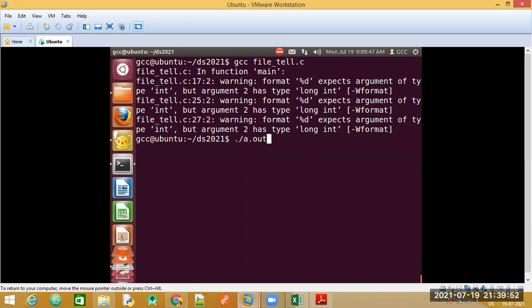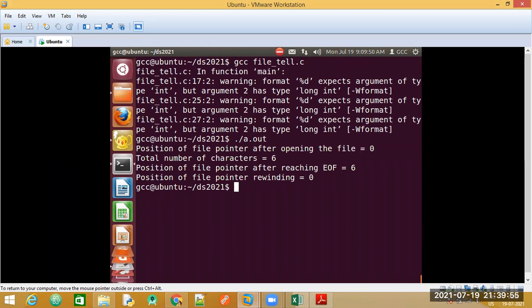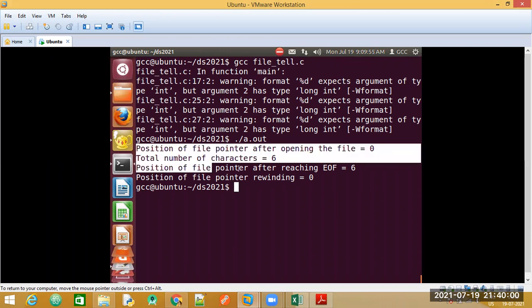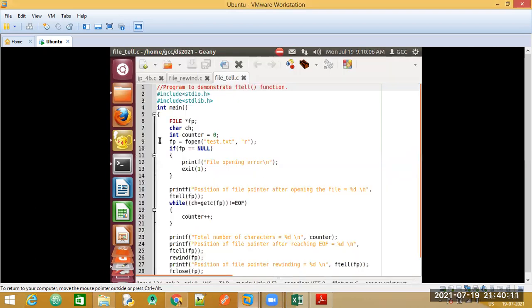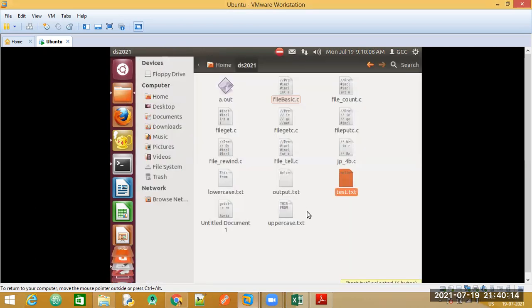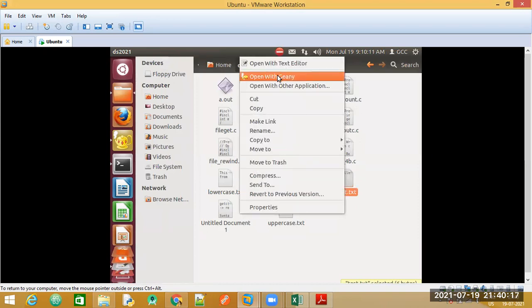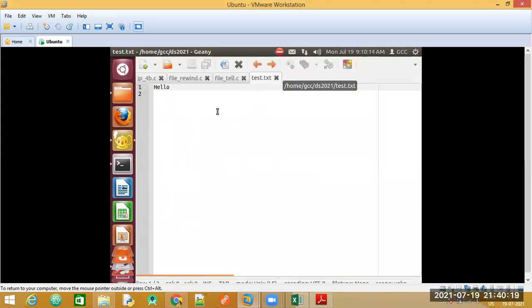So we just have some warnings. You can ignore that. Let's go for the execution. Okay, so have a look at the output here. The file that we have is test.txt and the content written onto it is hello. So first let us try to open that file. We have here test.txt. You can see the contents are basically just the characters for the word hello, which are 5, and 1 end of the file, right?